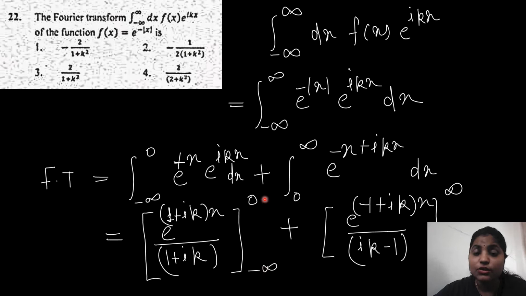Now solve this. So when you put the upper limit, then this will become 1. When you put the lower limit, then this term will become e to the power minus infinity, that is 0. So the second term will vanish. You will have only the first term. Now talking about the second term. So take minus sign common in this bracket, and now put the limit. So e to the power minus infinity will become 0. So the term using the upper limit will vanish, and the lower limit is 0. So the second term is from the lower limit.